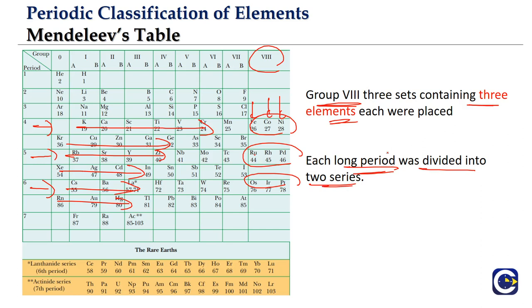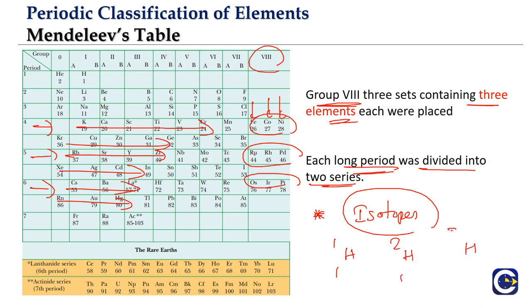Okay, but while all this is happening, there were some fundamental drawbacks identified with the Mendeleev table, and one such thing is with regard to the concept of isotopes. Because isotopes of an element, say for example hydrogen has three isotopes: protium, deuterium, and tritium. Isotopes of an element will have similar properties, but their atomic mass numbers will be different.